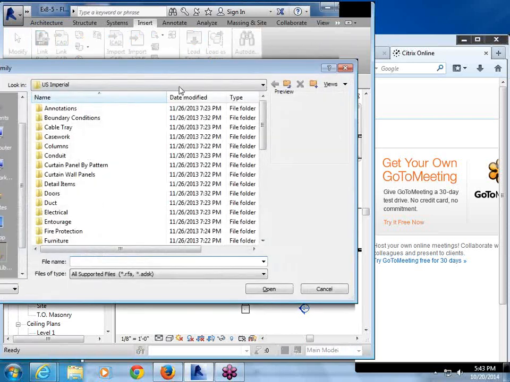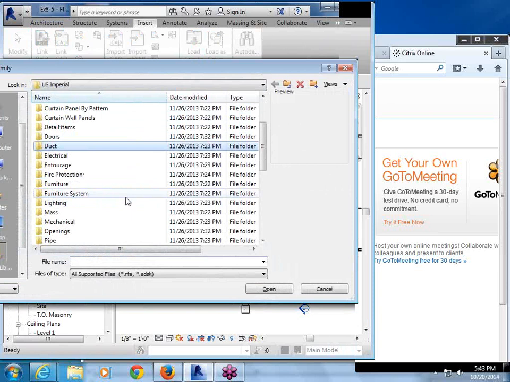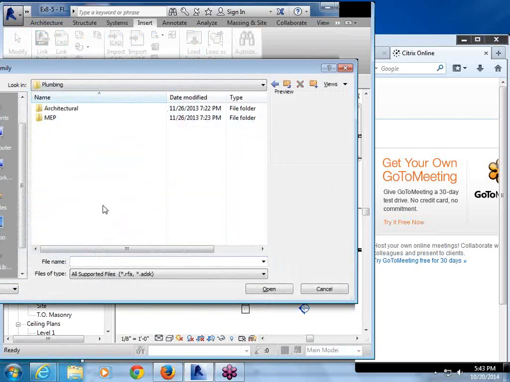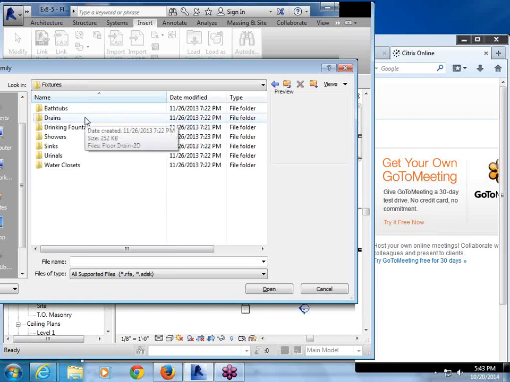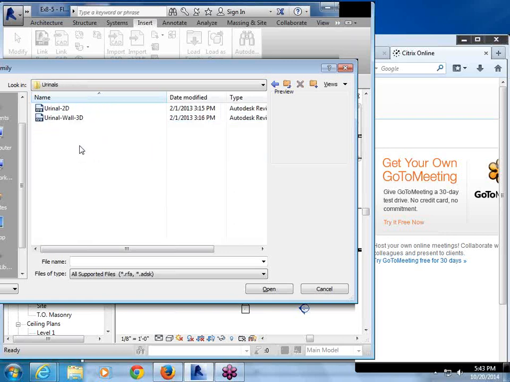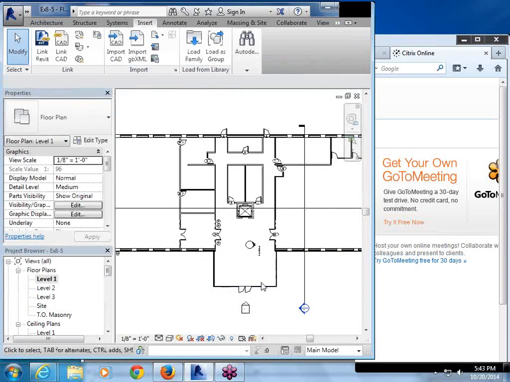All right, we're going to load urinal now. We go down to plumbing again. Domestic, commercial. We need to find urinal wall 3D. So that should be in your system now. And then these other ones are online files, the sink wall rectangular, grab bar, toilet stalls, and then the urinal screen. So to get those,